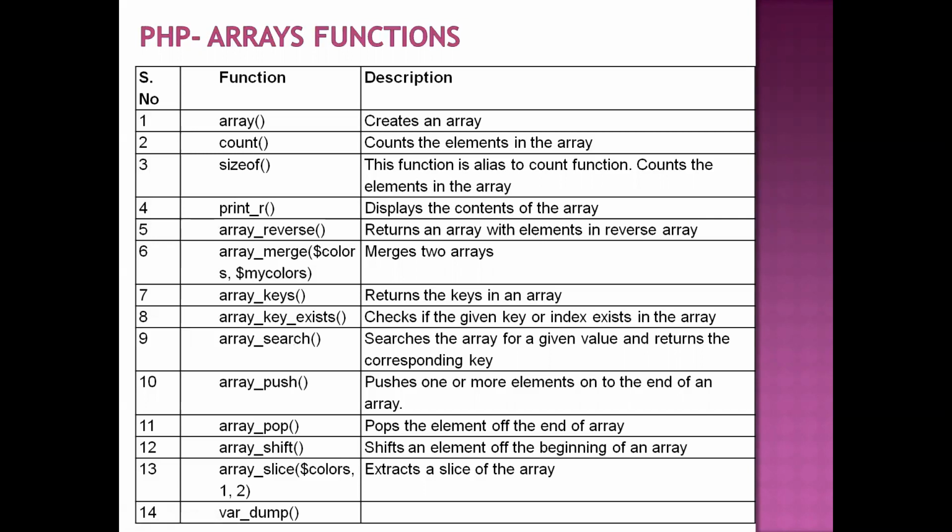Just now we have seen the use of that var_dump function in the program also. This is also used for printing the contents of the array in a clear manner. That means how many elements are there in the array, what are the types of each and every element, and what is the size of each and every element, with the index, we can return to the user.